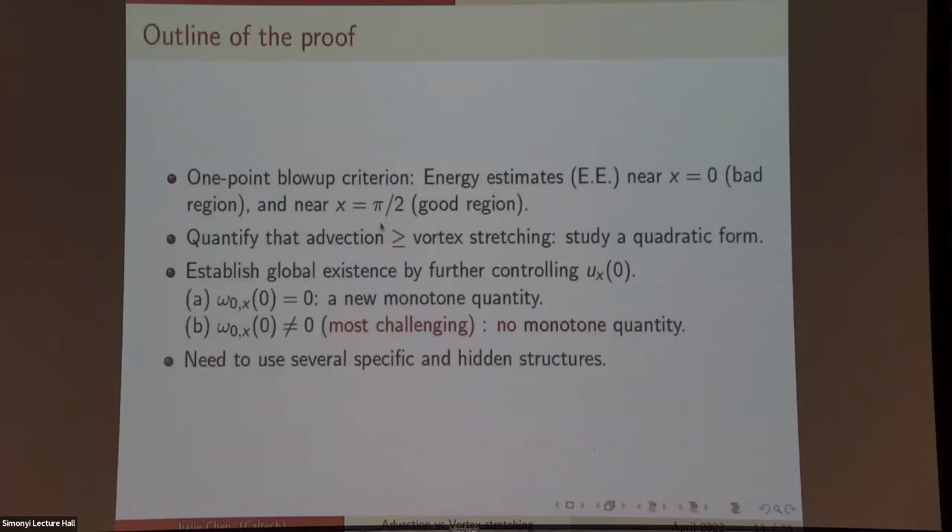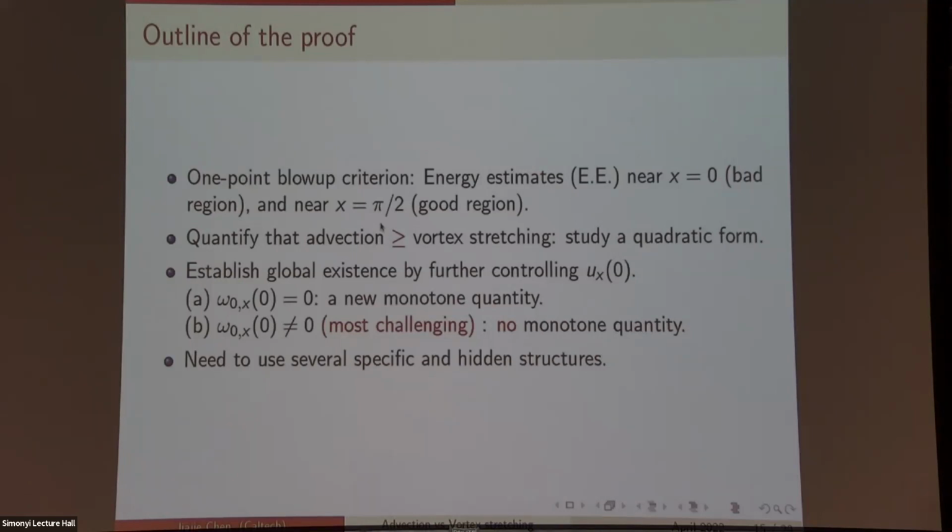Okay, so here's the outline of the proof. In the rest of the talk, I will focus on the proof of this result. Firstly, on the circle, we show that there are two special points. One point is 0, another point is pi over 2. Recall that here I focus on pi-periodic solutions. So you can think of pi over 2 and minus pi over 2 as the same point. These two points are special in the dynamics of this model under this class of initial data, and we need to perform energy estimates near these two points separately.